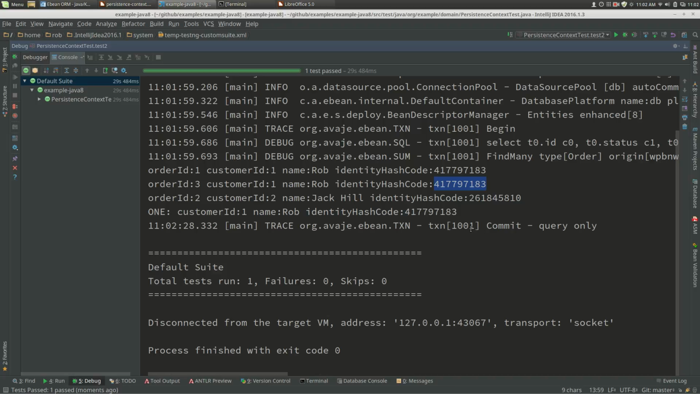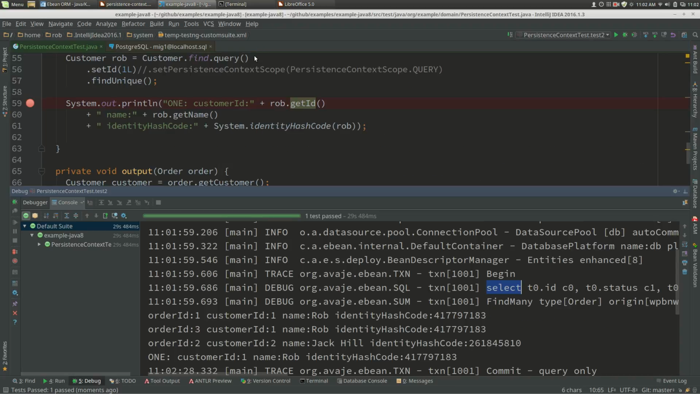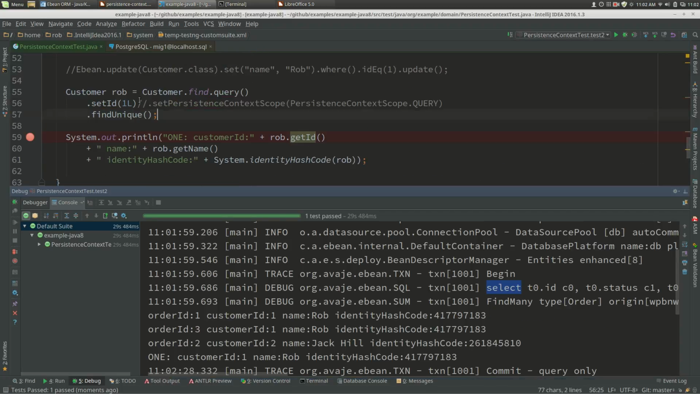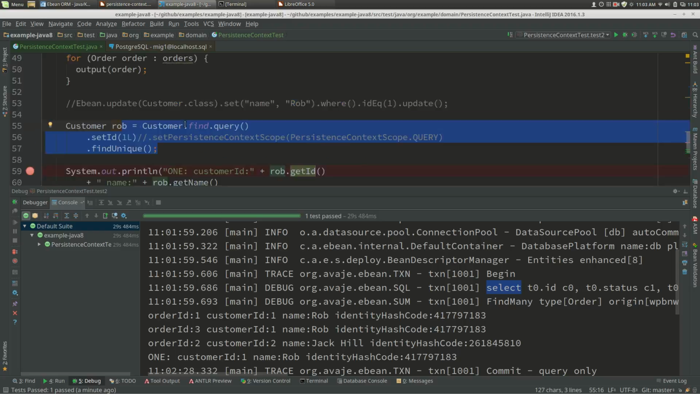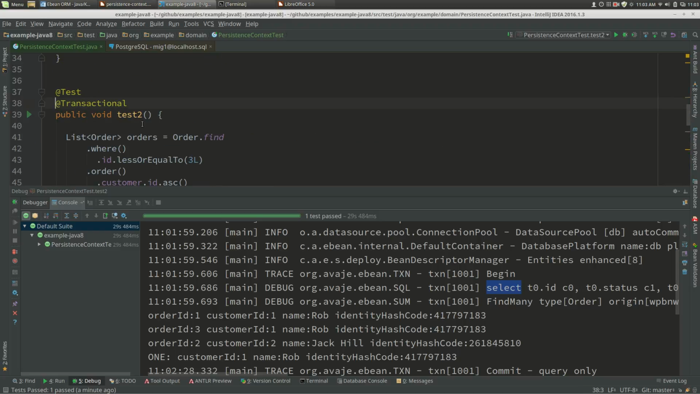And if we look at our transaction, we see it's transaction 1001, and we only see the one select statement. We don't see the second find by ID. So this query didn't even hit the database. It went to the persistence context, found customer one was already there, and used that instance. If we didn't have @Transactional,